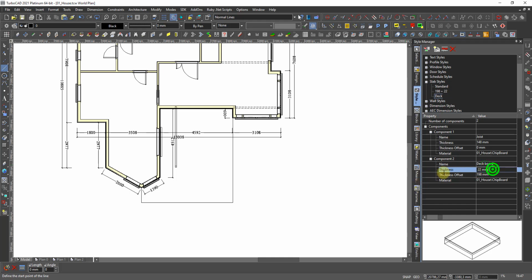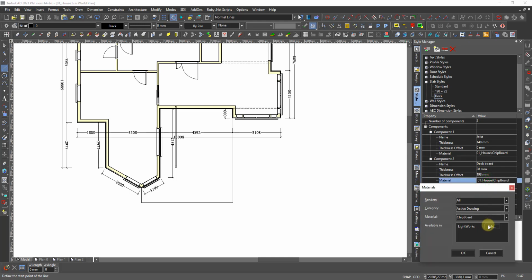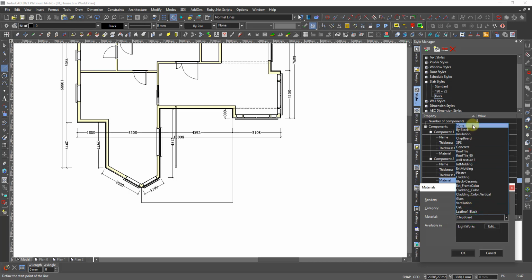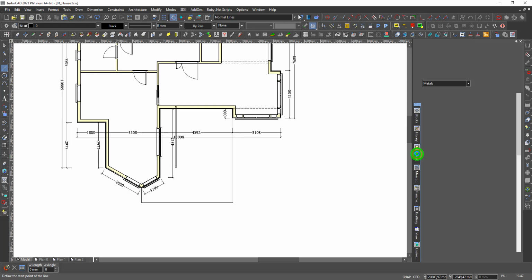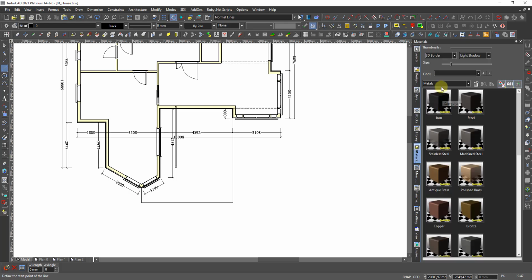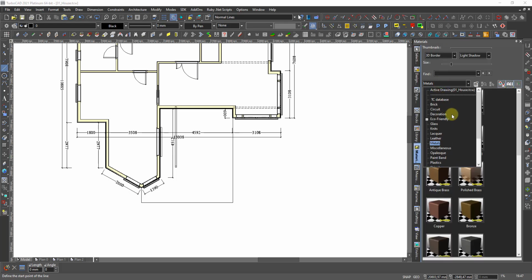I like to have 28 millimeter. The material, I don't need to give it any material because it doesn't work anyway. So then we say none, but this one should be changed later. Okay. And then we go to material, and we go to